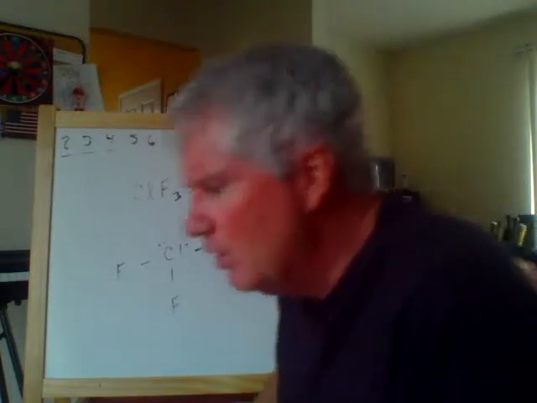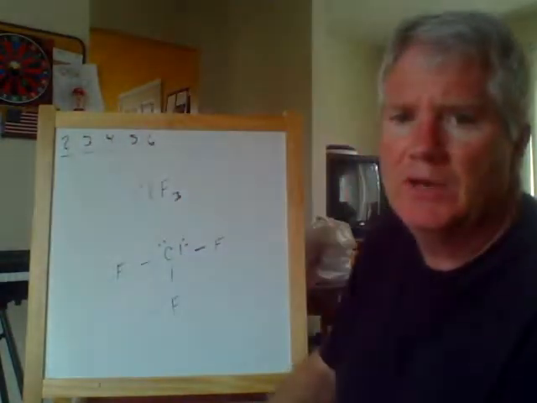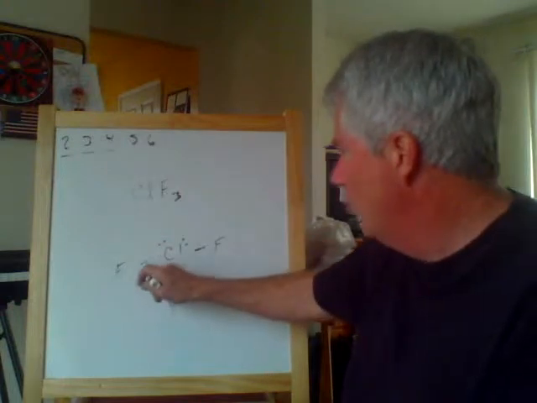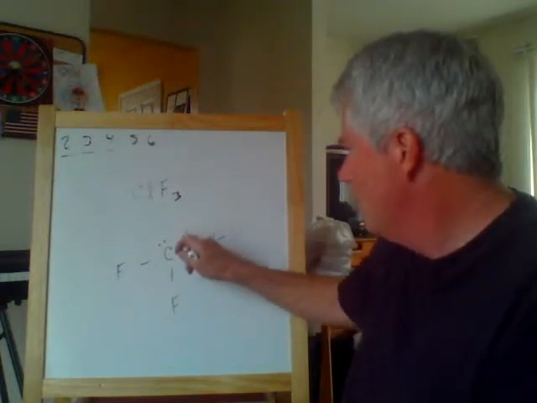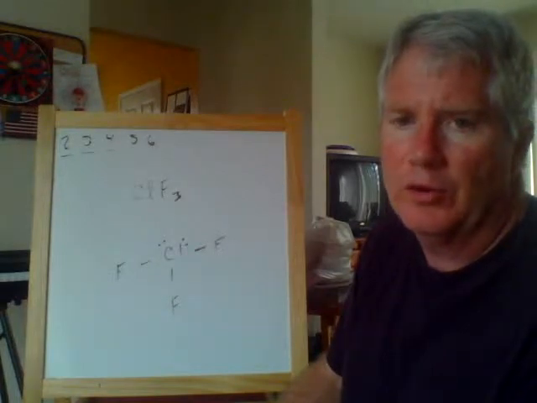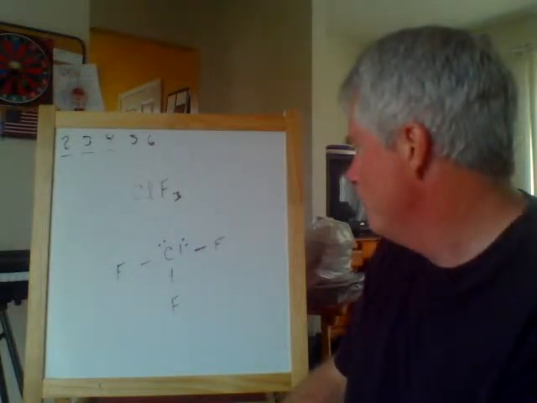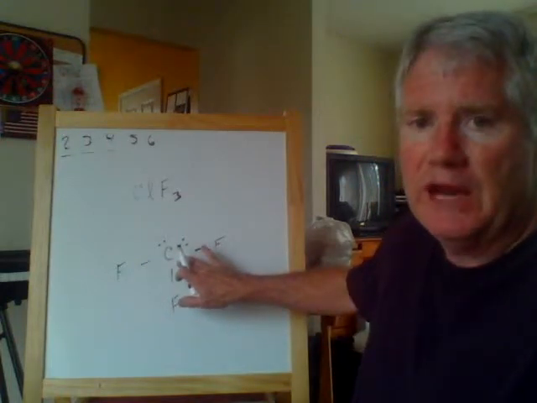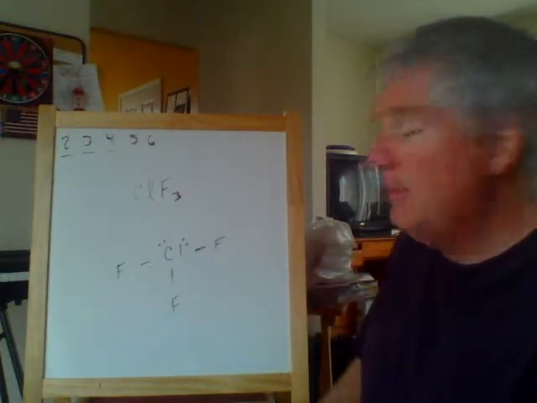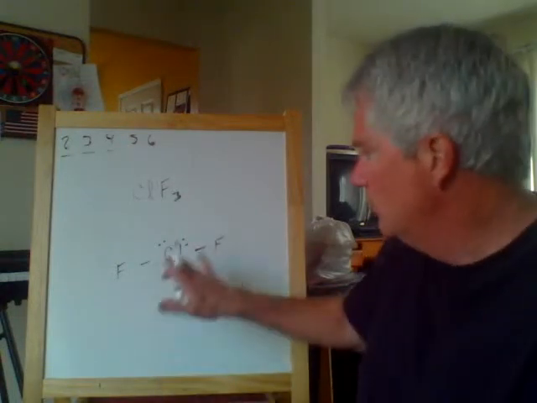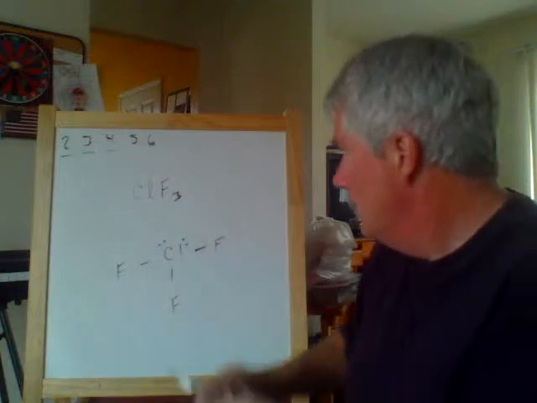Okay, this shape they call T-shaped. Again it's in this 5 group because there are 1, 2, 3, 4, 5 electron groups surrounding the chlorine atom. Okay, and again, this is another one of those cases where you see that this violates the octet rule. Here, the central chlorine atom has 10 electrons around it rather than the usual 8. That's okay because chlorine is at period 3. Similarly,